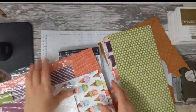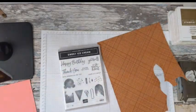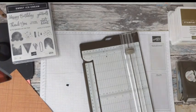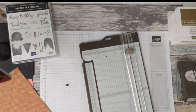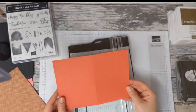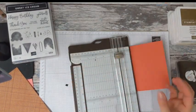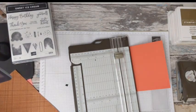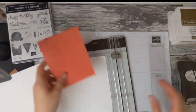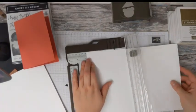So let's make a little start, and I'm also going to do a bit of a fun fold card with you this evening, because why not? So let's move some bits out there. I'm going to bring my trimmer in and I'm going to cut my card base. Actually, no, I'm going to use a card base that I've already got here. So this is a terracotta tile piece of card, and it's a book fold card, meaning that it opens like a book, which is what we need for this card this evening. Okay, and then I've got some basic white card as well. So the basic white card, I'm going to trim this down so that it is